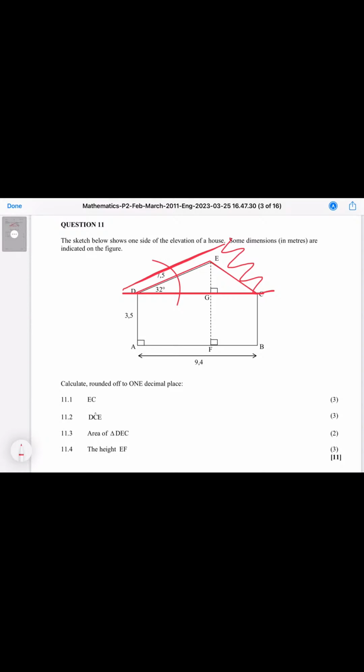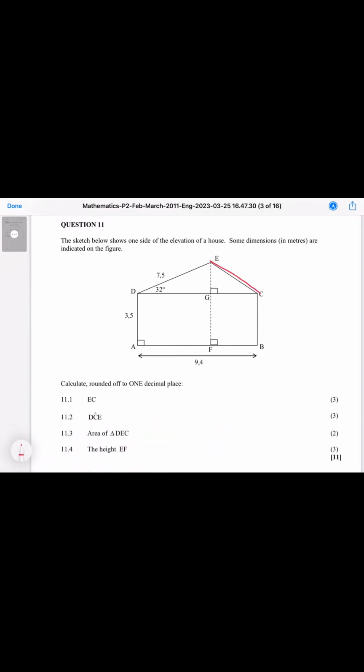This is where you need to ask yourself a question. Are you then going to use the cosine rule or the sine rule? I think I've given you a guide in terms of how you approach this question. So it's either you use the cosine rule or the sine rule. That is how you are going to find